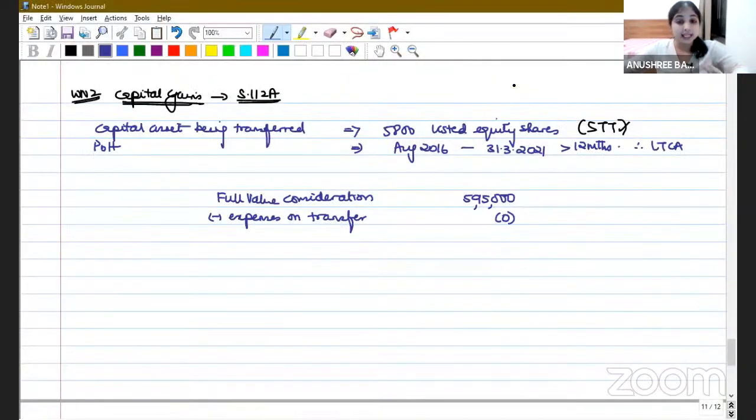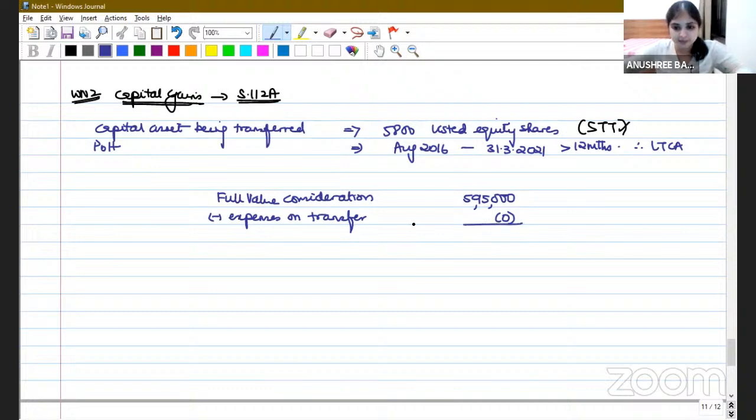Big no. In the entire Income Tax Act, there is only one place where you get to subtract STT. And what is that? In PGBP. PGBP also, when will you be allowed to subtract STT? Only if you are a share trader. If you're a share trader, STT will be your business expense, and that is the only place where you will be allowed to deduct STT. In no other head, in no other scenario, are you allowed to subtract STT under the Income Tax Act. All right. So remember this.